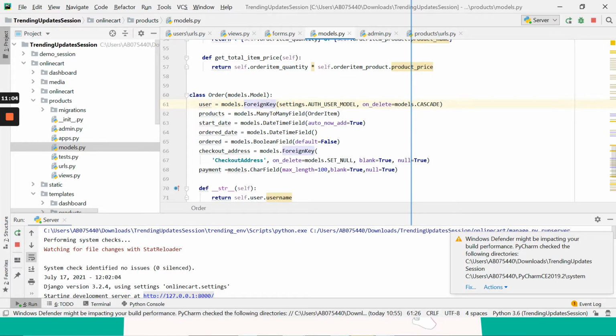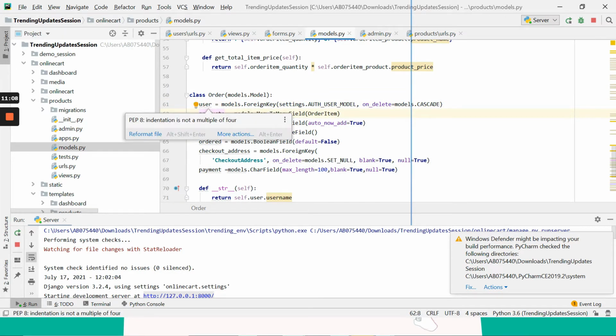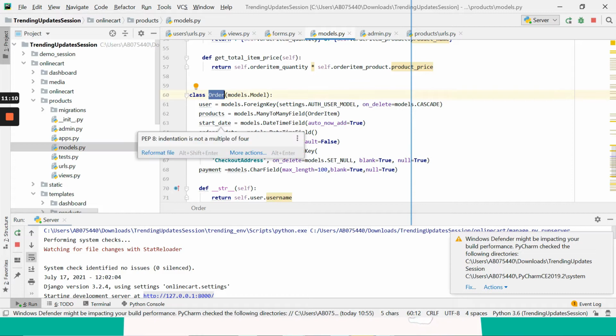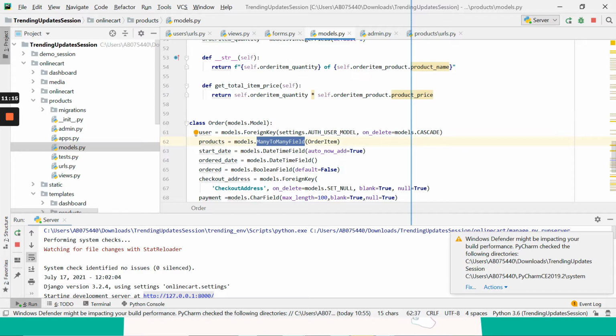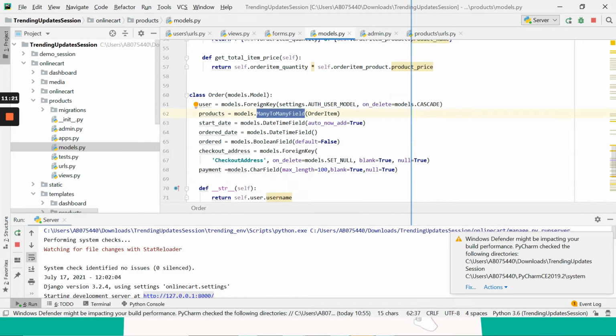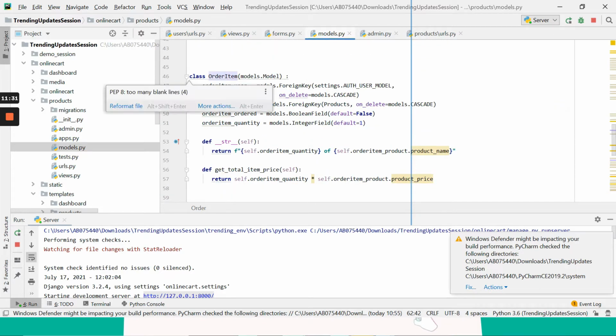And here it is storing the products, because an order can have multiple products, and multiple products can belong to different orders also. So we are using a many-to-many field, both ways. So we are giving the order item.